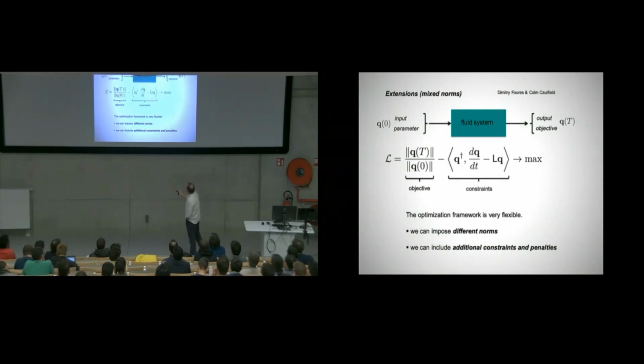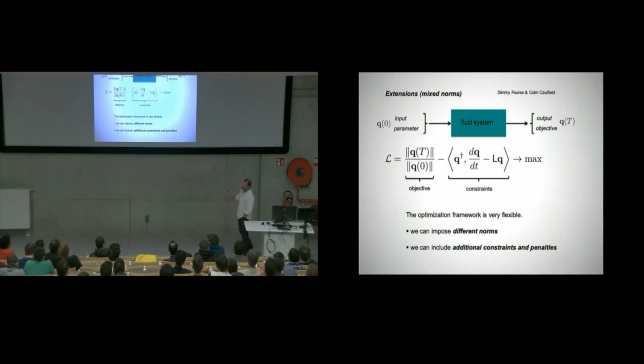Okay, so we have two things that we can actually do. The equations are always the same, okay? So there's not much we can do here. It's already good that we can enforce the nonlinear equations. So let's see what else can we do. We can impose a different norm here. This is the 2 norm. This is the energy norm, okay? The energy after time t divided by the energy it had before. And by doing the energy, it's sort of the go-to norm for incompressible flow. If you don't have any better idea how to measure a perturbation, you say energy.